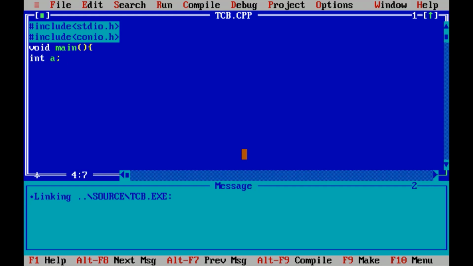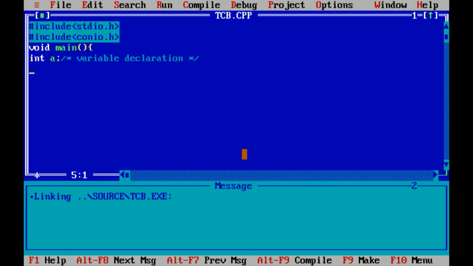Here I have declared variable a of integer data type. Variable declaration. This is comment part which will not execute when I execute the code.